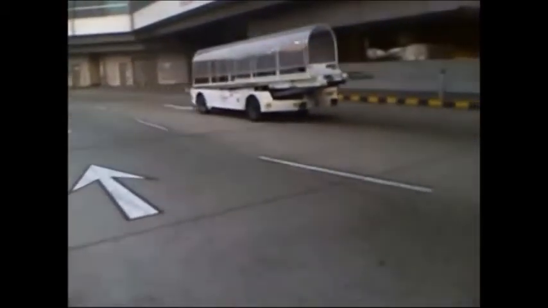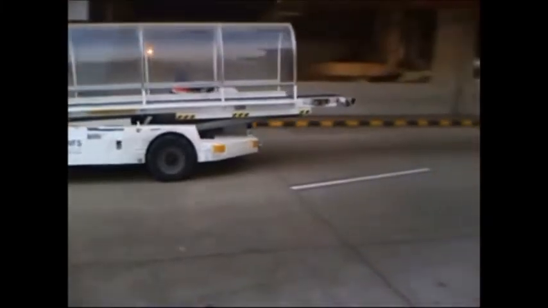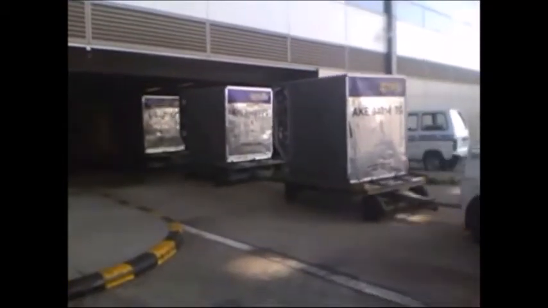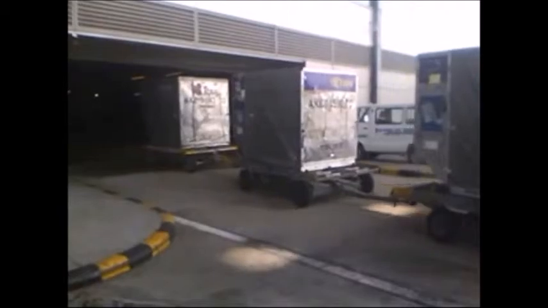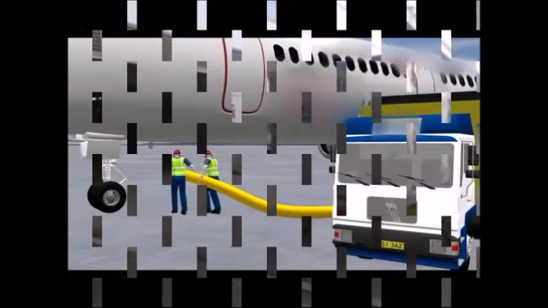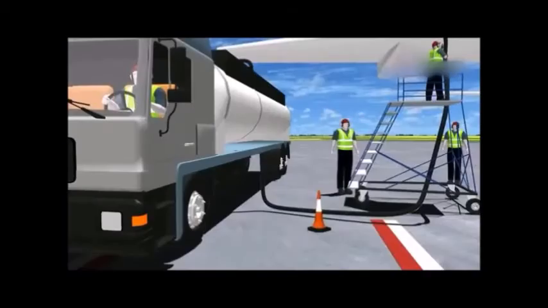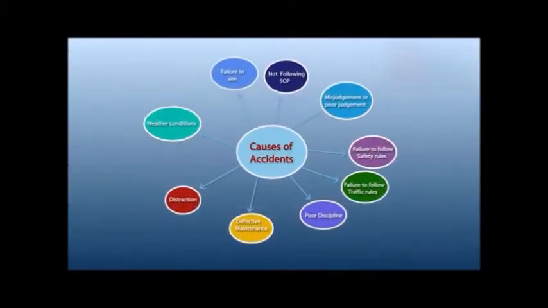Some hazardous situations arise due to airside vehicle movement. Airside vehicles constitute an ever-present hazard to both people and aircraft, and extreme vigilance is necessary for all those working airside. Different types of vehicles and equipment are driven and operated on the apron. The most common factors for vehicle accidents on the ramp are